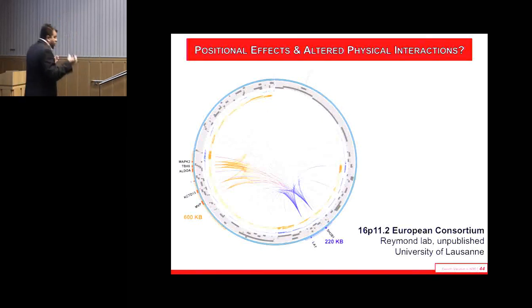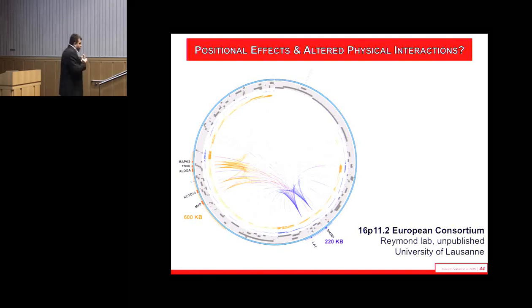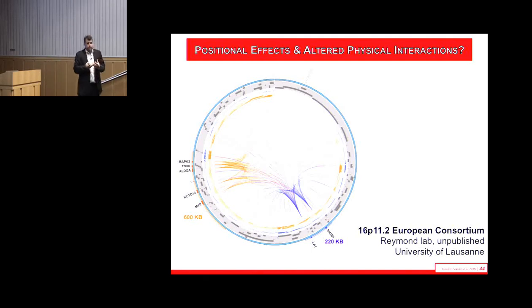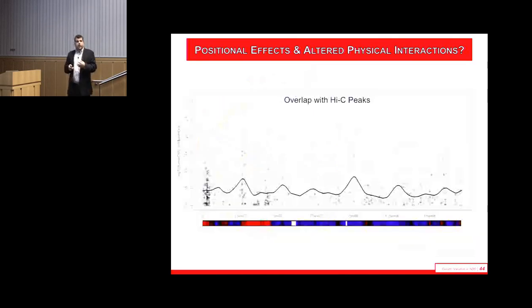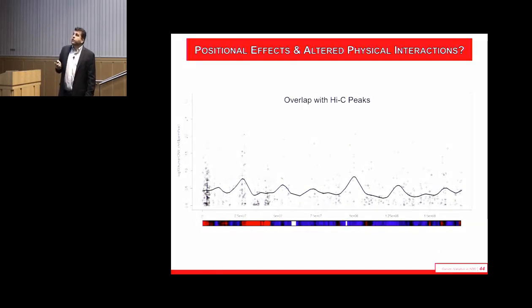And of course, they're in close proximity to each other anyway, but each of the genes, and I'm showing 2 here, but there's actually quite a few others, that have a physical interaction are actually differentially expressed in our analysis. If you then go genome-wide and look at some of those bins on the significant end of the distribution that seem to be regulated in trans, and you overlay Hi-C data on it genome-wide, there were a number of peaks where you found a bin that was differentially expressed, and you also found a Hi-C peak, suggesting that they're in close proximity to chromosome 16p11.